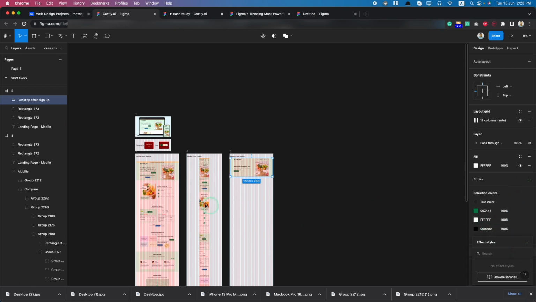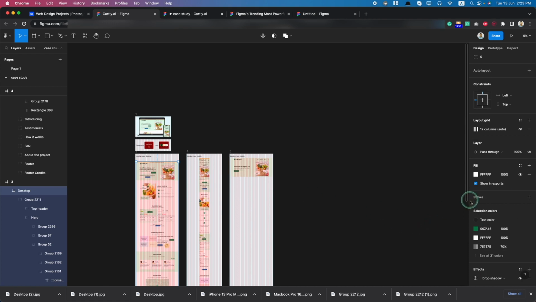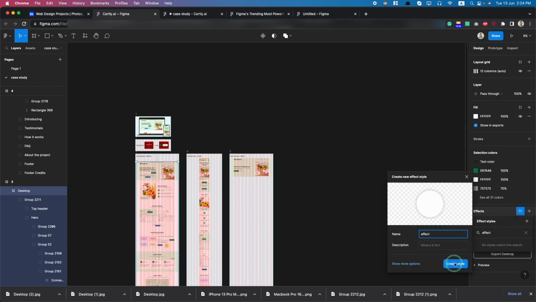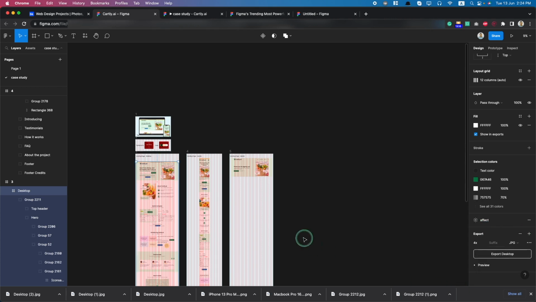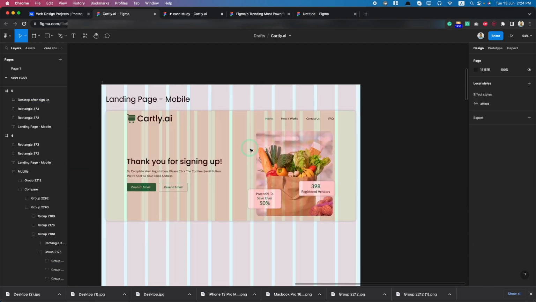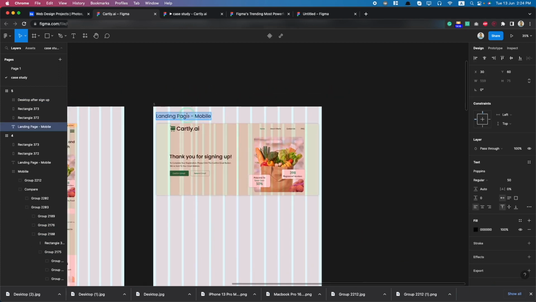Actually we can save the effect by clicking here and effect, press the plus sign and add the name as effect. Okay, click here, then select the effect. Alright, now I will change the name to